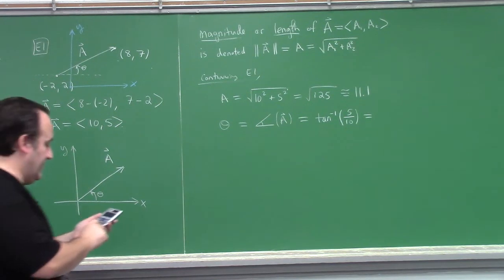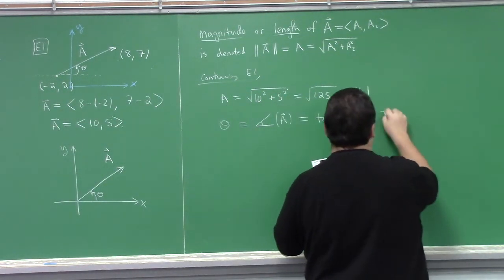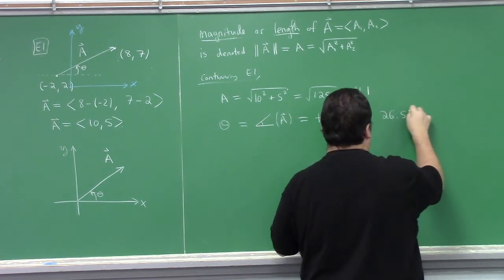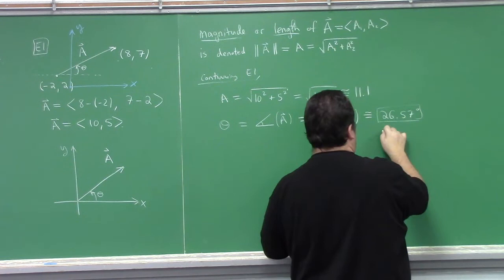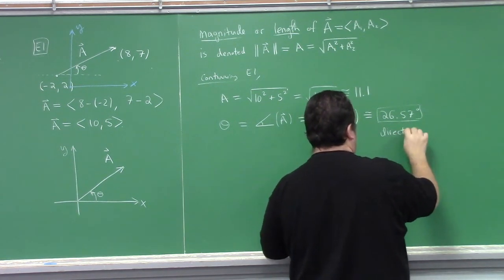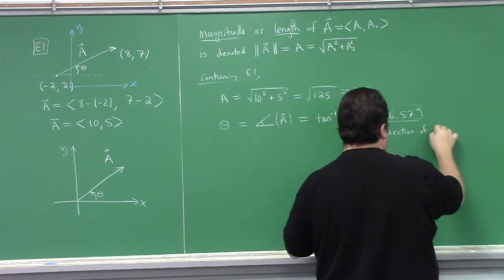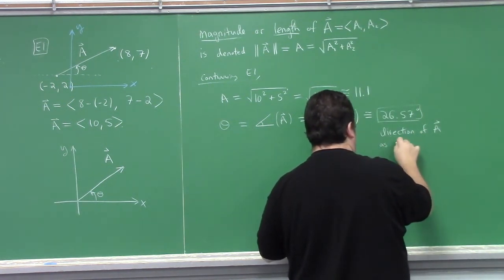Yeah, inverse tangent of a half, so that's 26.57 degrees. So that gives you the direction of A as a standard angle,